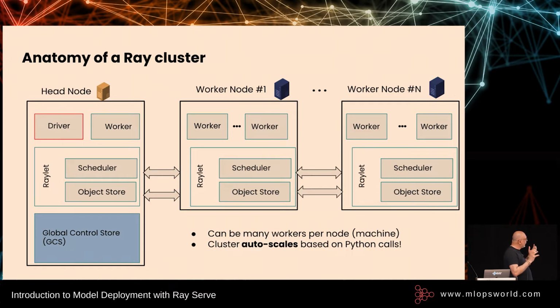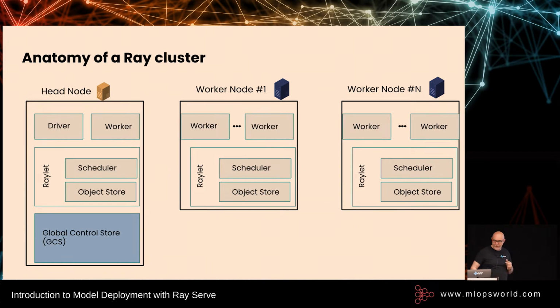Each and every node has a process called Raylet, which is a C++ process with two threads on it, right? One is a scheduler, and one is an object store. Each worker node has the same thing, and they talk to each other. The object store is your distributed object store built on top of Apache Plasma. And then we have a global store, which conventionally right now runs on the head node,